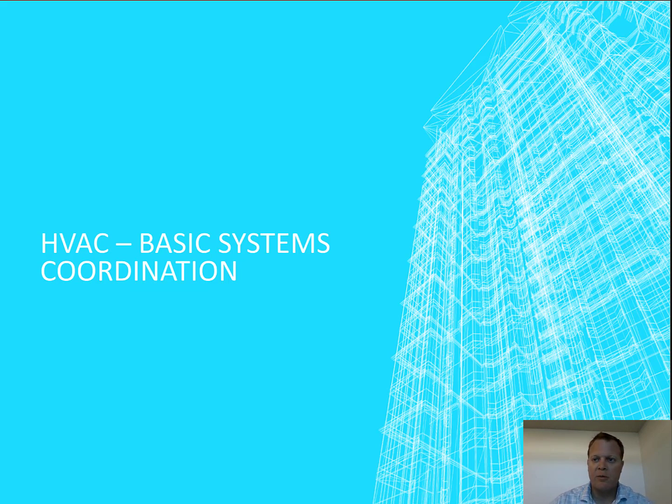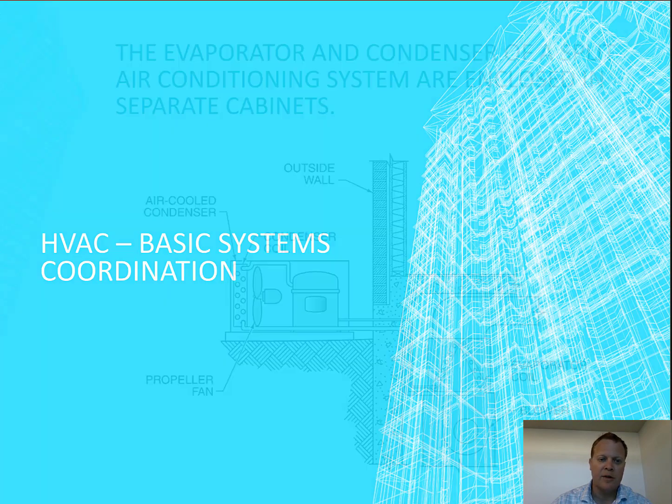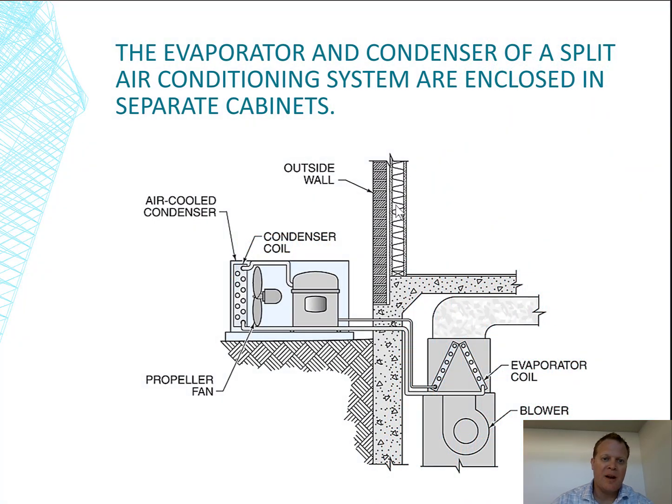So let's pick up where we left off with the refrigeration system and the evaporator and condenser. Looking here, it's labeled, but we've got the evaporator coil and the blower. So here's our forced air system. It's not showing the heating section in this graphic for some reason, but it doesn't matter. We all know there's a furnace, and on top of the furnace, the evaporator or cooling section sits. So we've got our evaporator coil here,